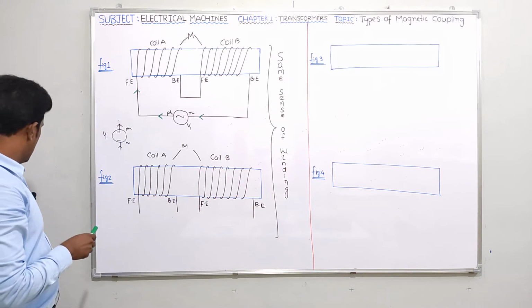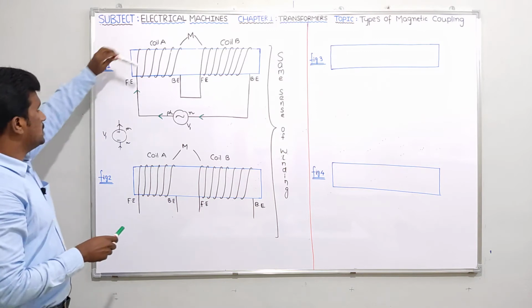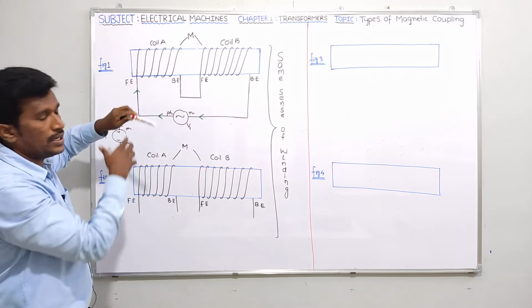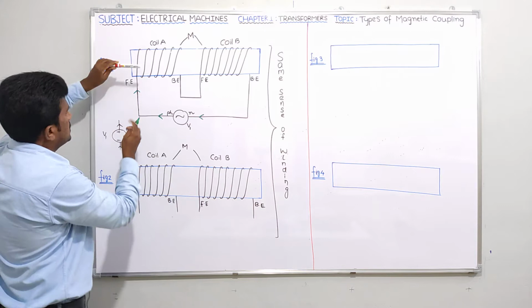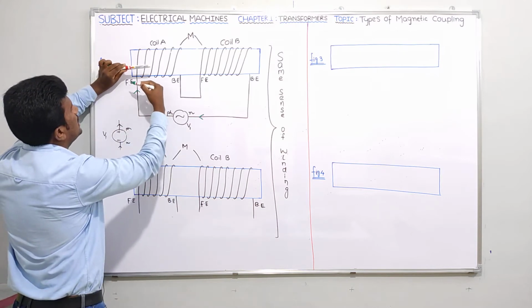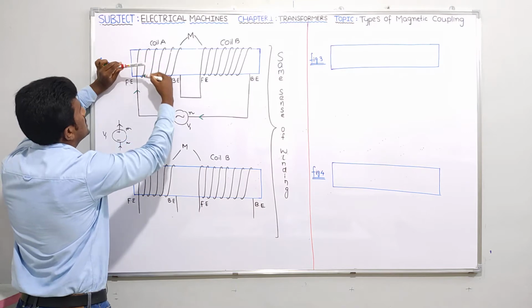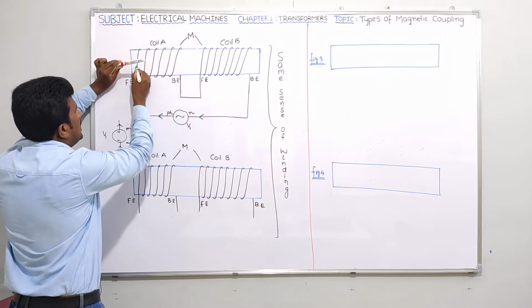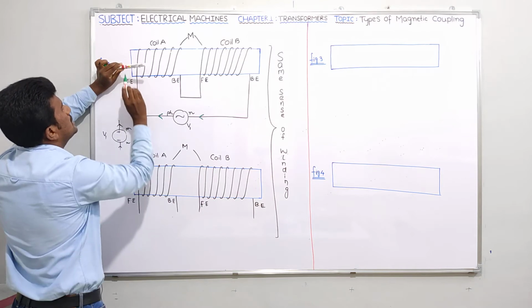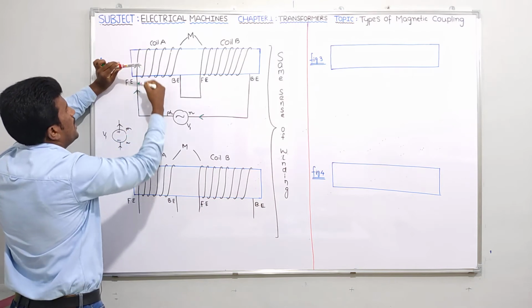Now I am asking, you please try to see here. This is very important. I am just going to indicate the right hand thumb rule here. Yes, tell me guys. Here current is entering. Now tell me, winding is going from the front side of the core. Yes, it is like this. Current is entering like this. That means if you see from the front side, current is entering. It is leaving at the back end.